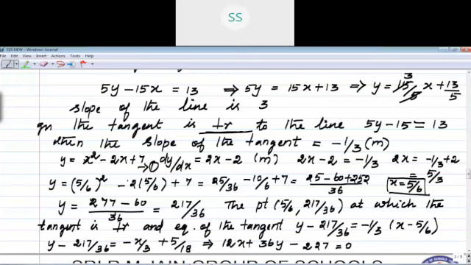You have to take 36 as the LCM. 36y minus 217. Then how many times 3 appears in 36? 12 times, so 12x. How many times 18 appears in 36? 2 times, so 10. 5 into 2, 10. Then you have to shift the term. You arrived at the result 12x plus 36y minus 227. This is your answer. What I underlined, that is your answer, right? Therefore, you have to write the line which is perpendicular to that. Now I'll move to the next question, right, children?